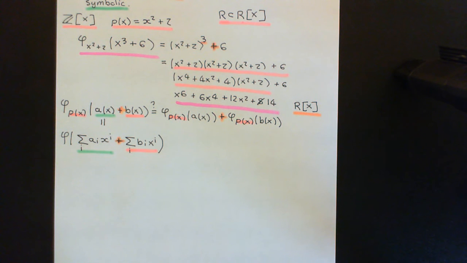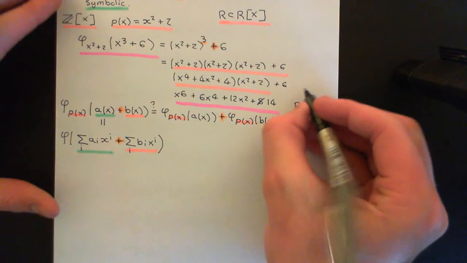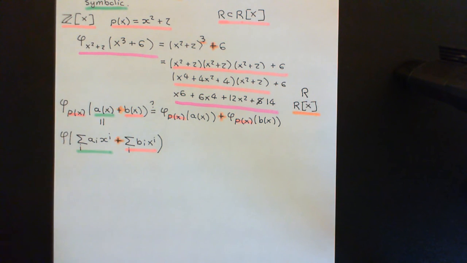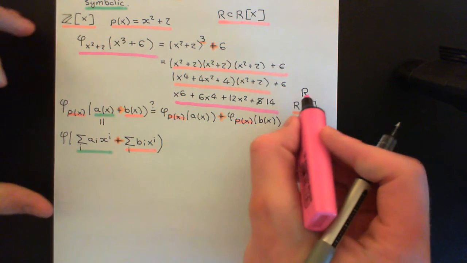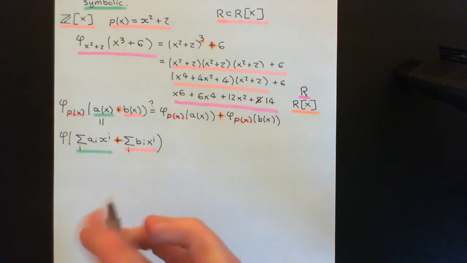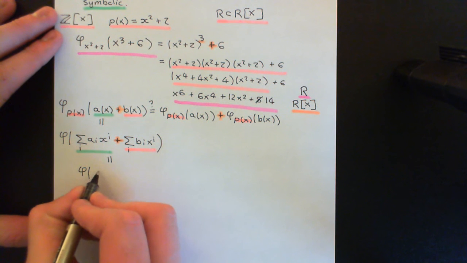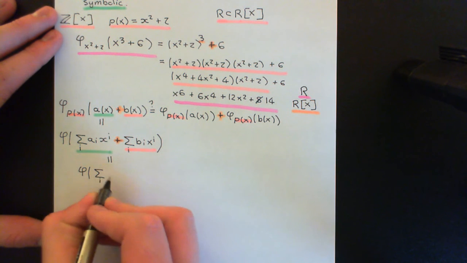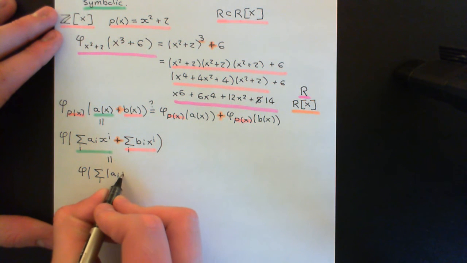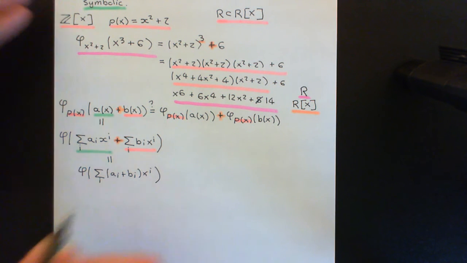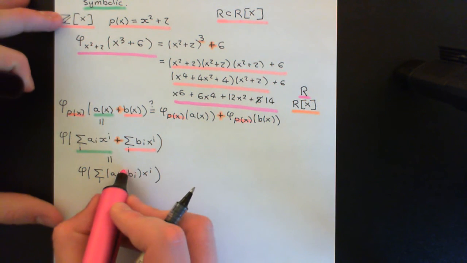Okay, now I know how to add these two polynomials together. You just do it by adding the coefficients together that are in front of the same powers of x. You do it component-wise. Okay, so I'm going to color code this in, so we'll have operations in the ring capital R denoted in purple. Okay, so this is going to become phi of the sum over i of a_i plus b_i x to the i. Okay, now this addition here is addition in the